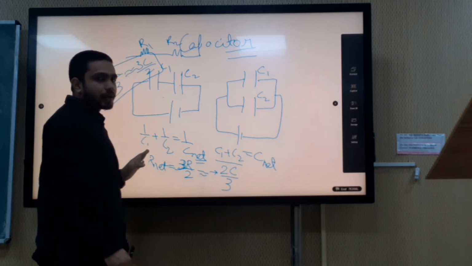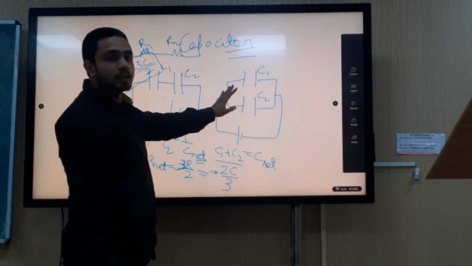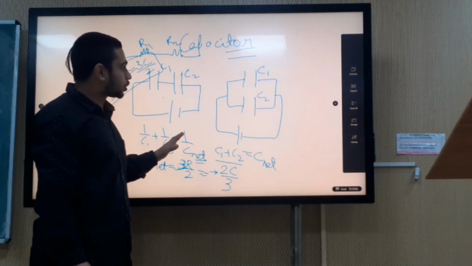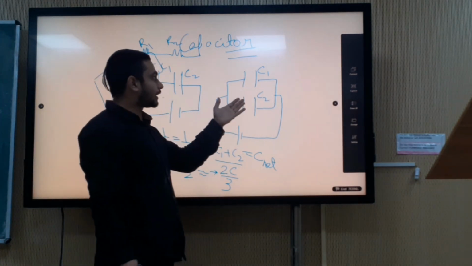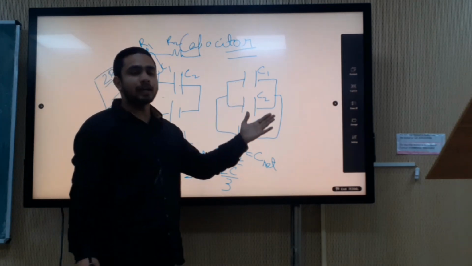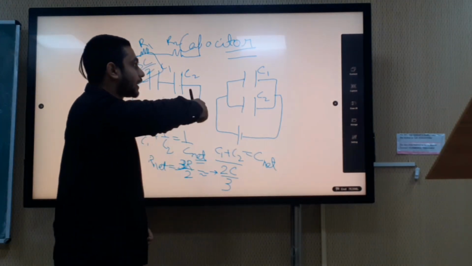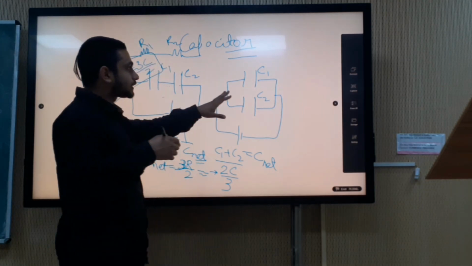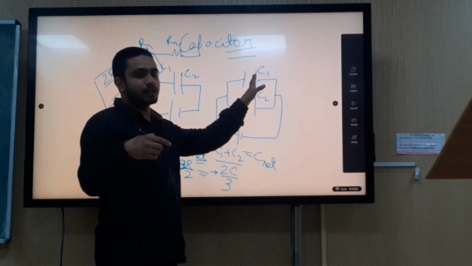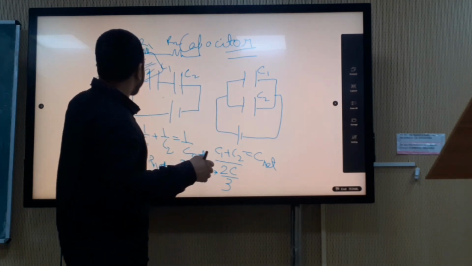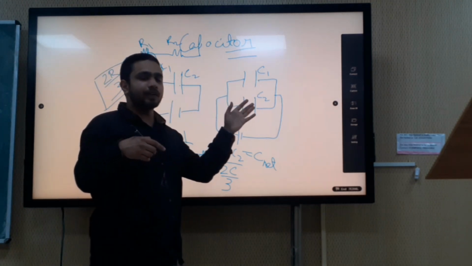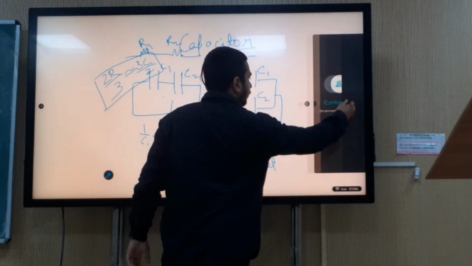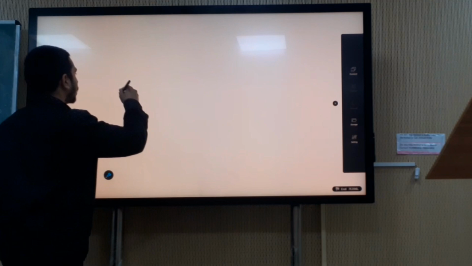So we don't have to be confused in the case of capacitance. How will we find the net capacitance if the question is too long? There can be two capacitors here, or in some questions even 10 capacitors, connected in series, then parallel, then series, then parallel. We just replace the capacitance with resistance, solve, and then invert that answer, and we will get the capacitance. This is the trick. Now we will see how to use it.